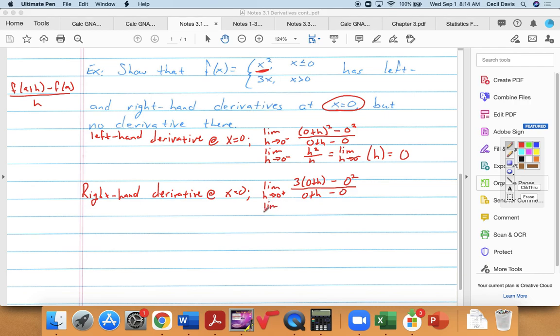So that'll be the limit as h goes to 0 from the right of 3h over h, which is 3. So the right-hand derivative is 3, but the left-hand derivative was 0. Therefore, f prime at 0, which would be equal to the limit as h goes to 0 of f of 0 plus h minus f of 0 all over h,